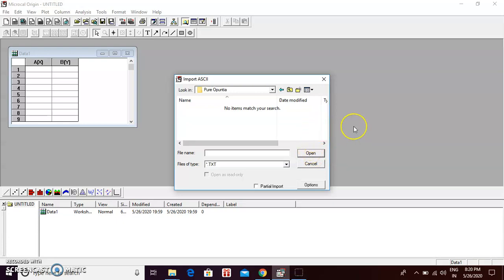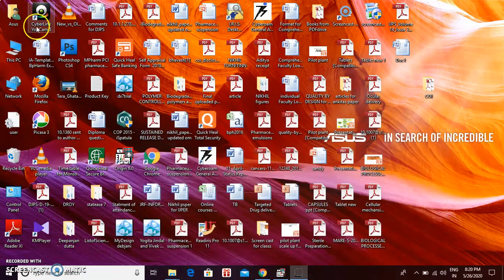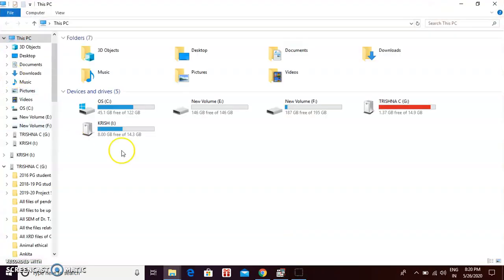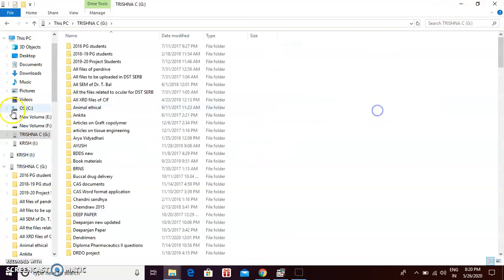The reason is that this raw data is given in the form of an Excel sheet, and this Excel sheet is not recognized by this particular software. To get the data for this software, which is originally given in the Excel sheet, you have to extract the data directly from there. So I'll minimize it. First I'll open the main data, where I have loaded my data.